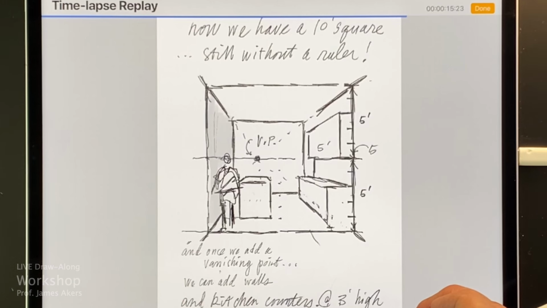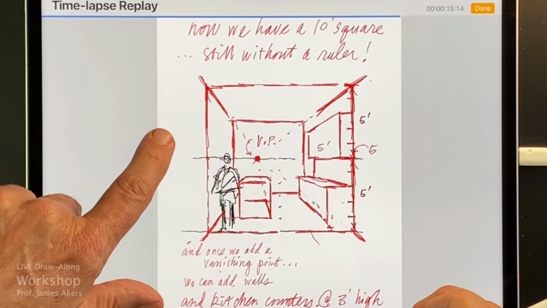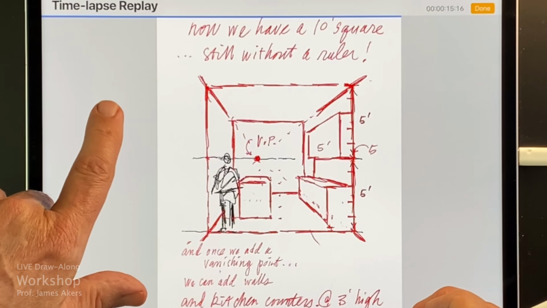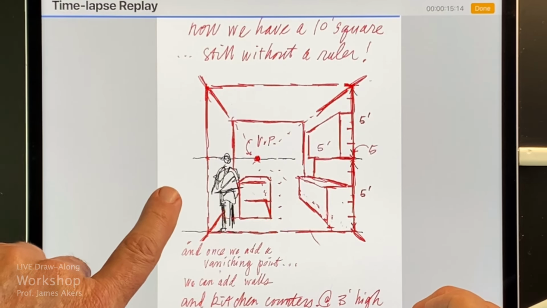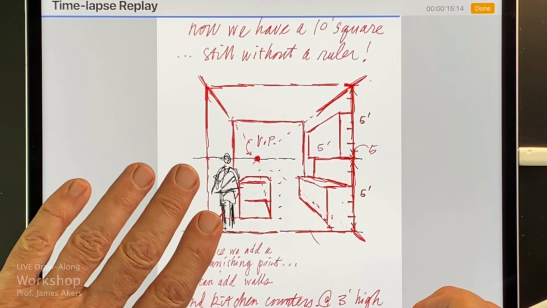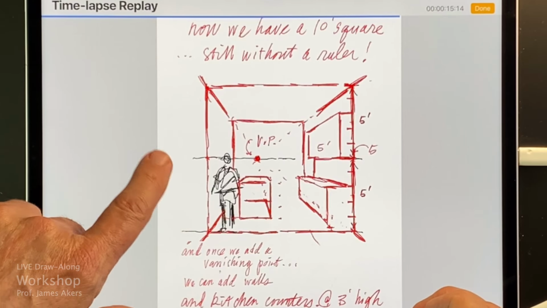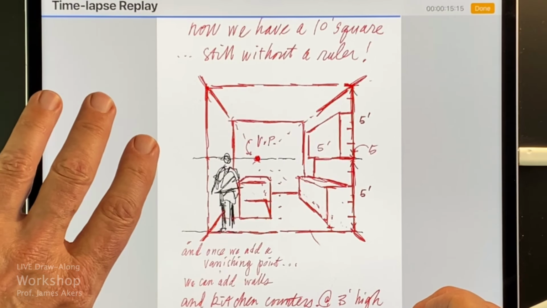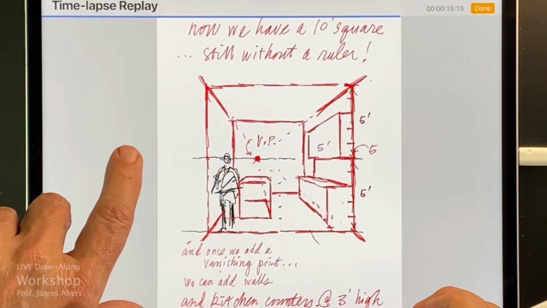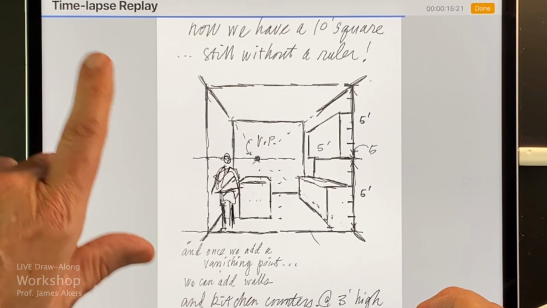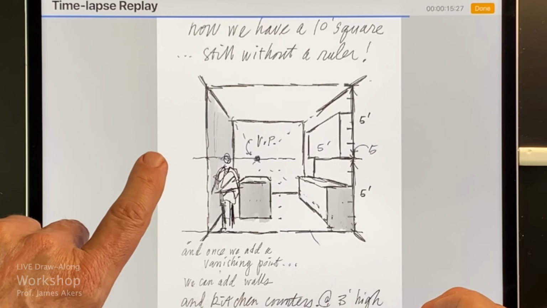Hey, James. Yeah. Just a quick question, why didn't you start with that color instead of starting with red? The red is really just to stand out with each step. I like to initially do it in red just as a teaching method. And also there's sometimes where you'll have an underlay under this, and red is just a way. It's a trick another renderer taught me once, where it helps you identify things a little, or be aware of what's on what layer a little more, if that's important at any point. Yeah, got it. Okay. And you can change it. Yeah, and because you can change it, that makes it so useful.